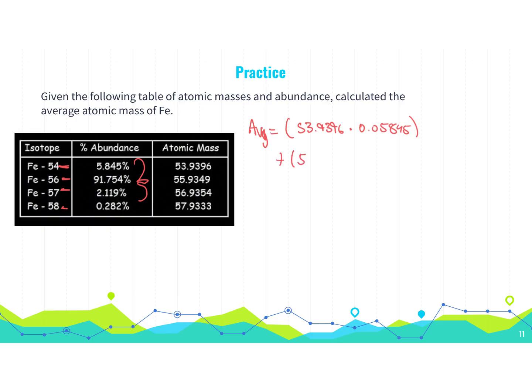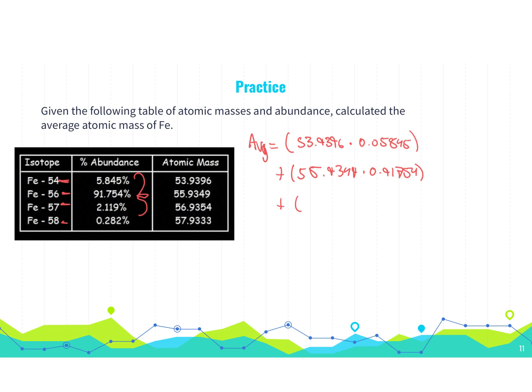So in that case, the atomic mass is 55.9349 times the abundance, 0.91754. Remembering again that we're always using the decimal form, not the percentage. Add that to 56.9354 times 2. Oh, my apologies. I almost just made the mistake I told y'all not to do. By the decimal form, 0.02119. And then finally, iron 58, whose atomic mass is 57.9333 times